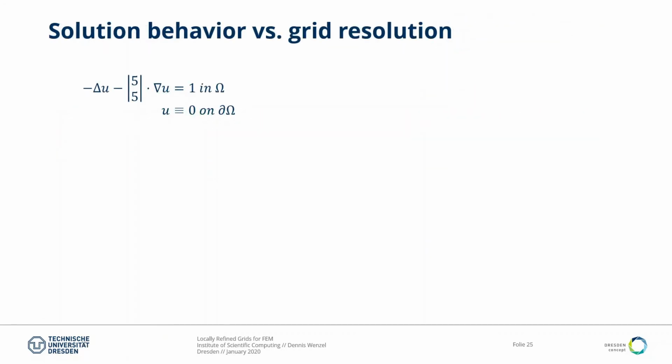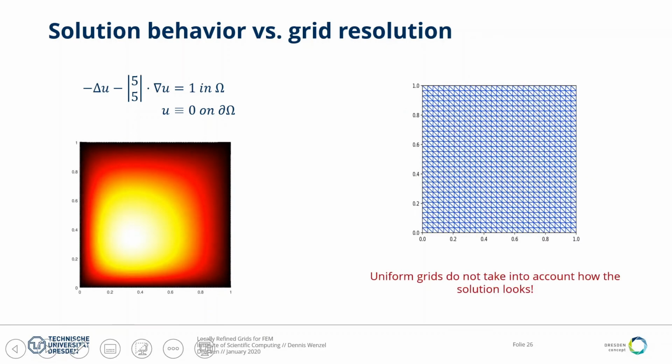So yeah, to capture this concept of before again, what you see here is not exactly the behavior of a singularly perturbed problem, but it's still the diffusion convection type deal. And if you look at the solution here, it's shifted in this direction, but the grid doesn't really match this thing. So the uniform grid never takes into account how your solution looks. For example, the fact that up here there is almost nothing happening in your solution, but still the grid has the same resolution up here compared to down here,